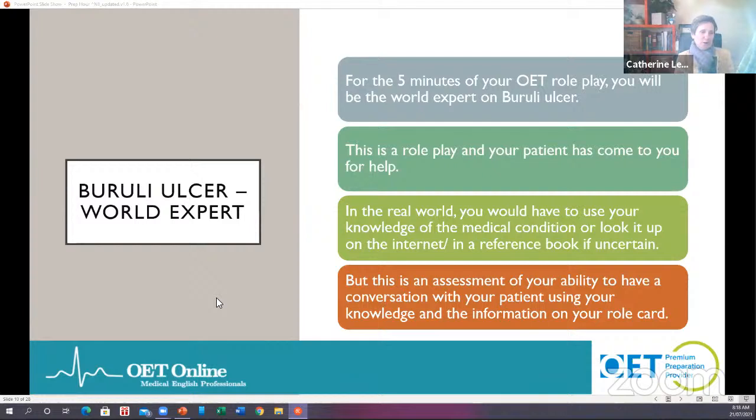Mozit, thank you for your question. Can you make something up if you need a few more sentences than what's written on the role card? Well, your medical knowledge is not assessed. So if you wanted to add something, for example, to reassure your patient, you could, as long as this made up information is related to the words that you're given on the role card and you understand what those words mean and you're just perhaps expanding a little bit on it. I wouldn't invent information just for the sake of continuing the story.